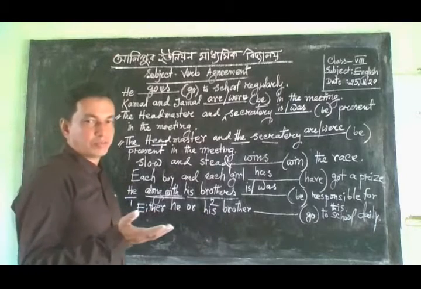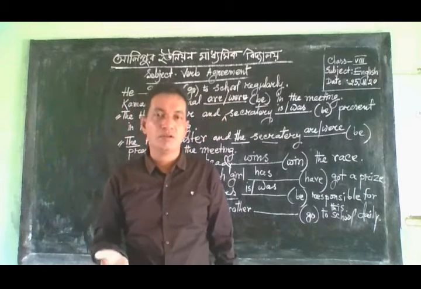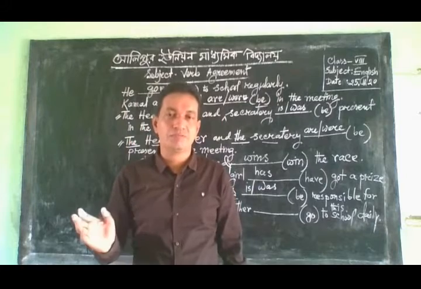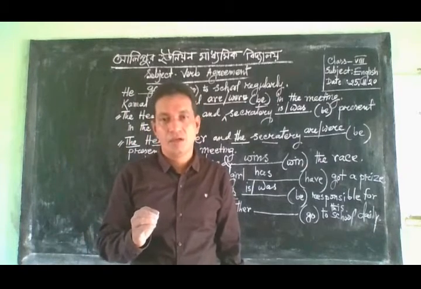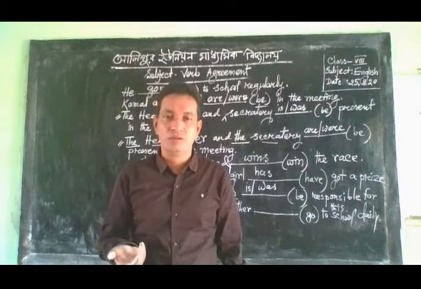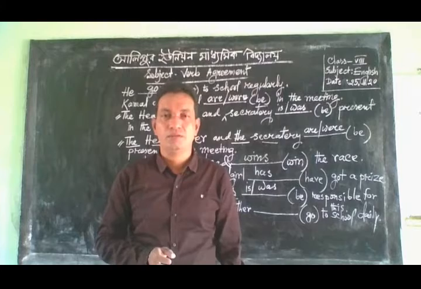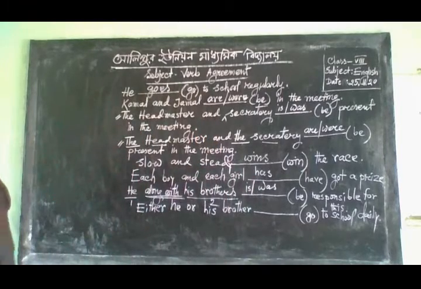If two singular subjects are joined with either or, neither nor, then the verb should be singular, and that's why I may write here